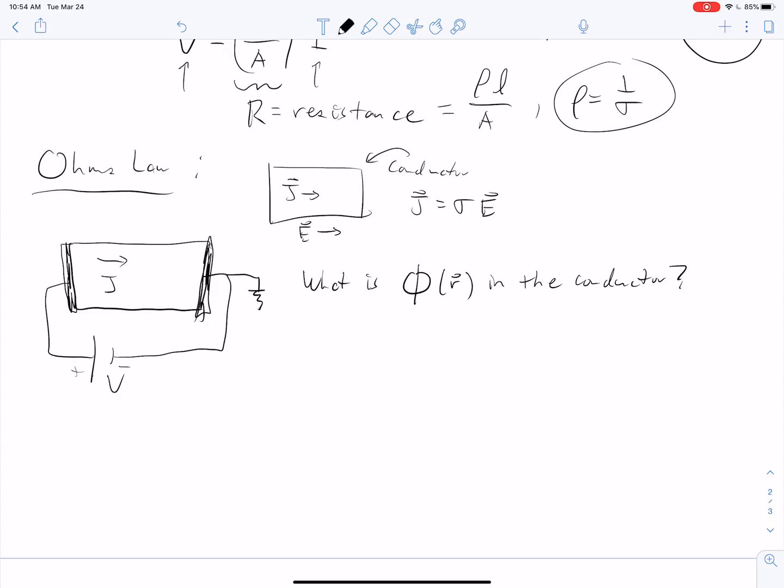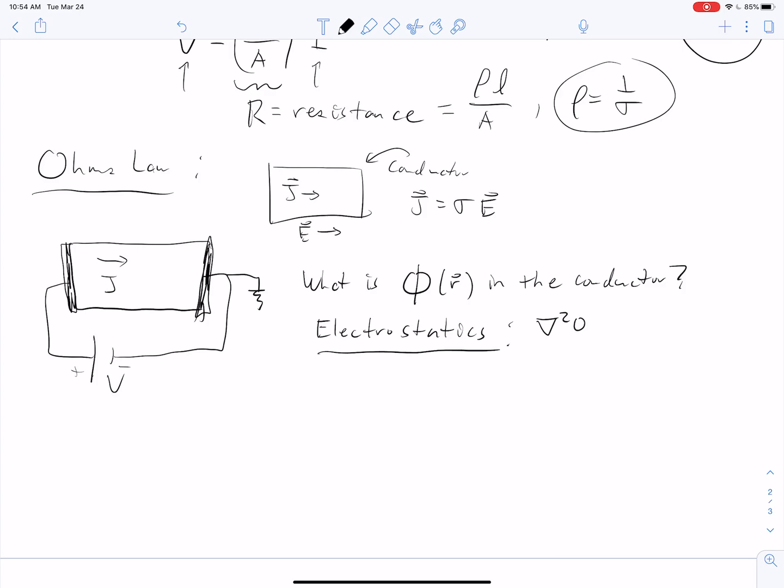And you might start thinking, well, okay, we learned all this stuff from electrostatics. Remember, we spent a bunch of time in our class discussing this exact question. And from electrostatics, we know that